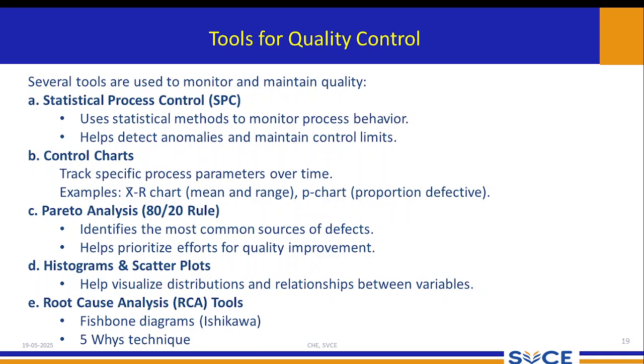Statistical process control uses statistical methods to monitor process behavior, helps detect anomalies and maintain control limits. Control charts track specific process parameters over time. Examples: X-bar chart, mean and range; P chart, proportion defective. Pareto analysis, the 80-20 rule, identifies the most common sources of defects. It helps prioritize efforts for quality improvement. Histogram and scatter plot. Root cause analysis, fishbone diagram and